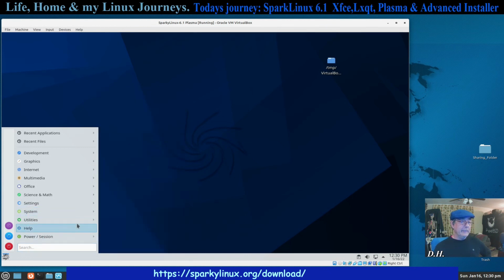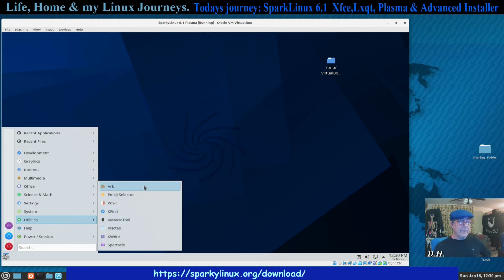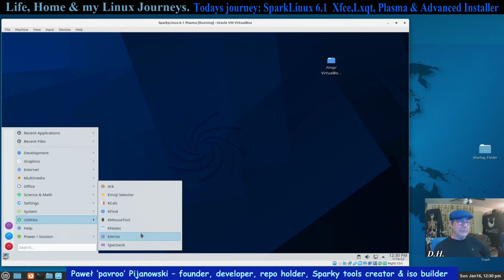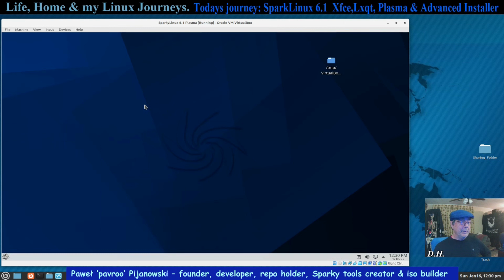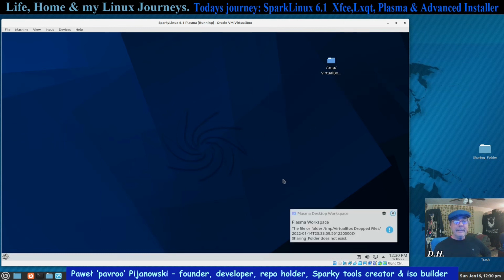Under utilities, got art, emoji selector, KCalc, KFind, KMouseTool, KNotes, KWrite, and Spectacle. So that's going to pretty much do it there. By the way, this is the